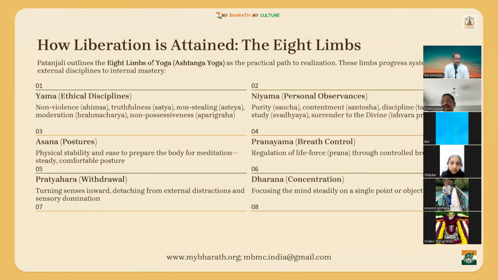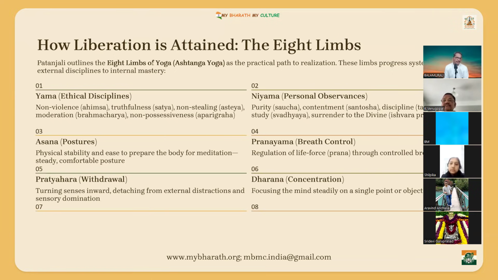So Yama has these 5. Niyama means personal ethics. We are going to discuss this in detail. That's why we don't want to get into detail here. So Niyama means how I should behave within myself. I should keep myself pure, my body pure, mind pure. Then I should live in contentment. I should follow enough discipline, and I should have self-reflection. That means I should have self-study, ask questions to myself. Then I should surrender to God. So all those things. Once it is done, then asana.